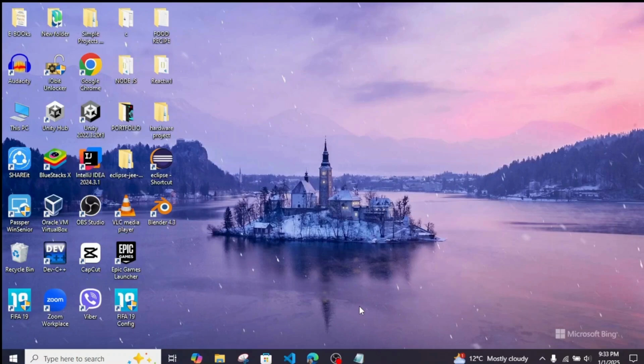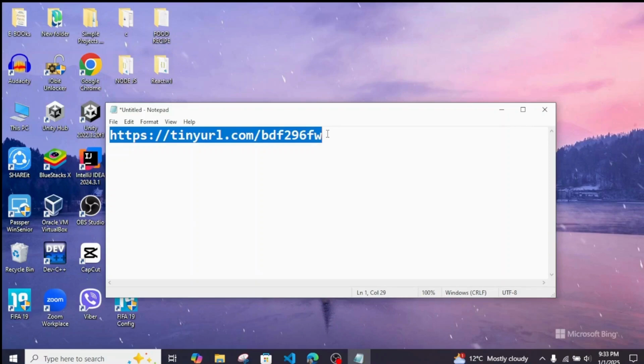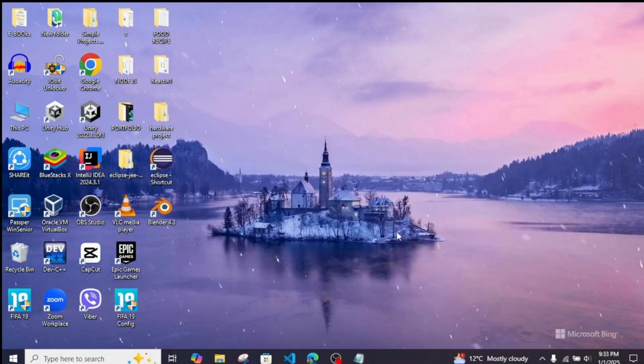need to do. So first thing first, simply head over to any of your browser and make sure you copy every single line from here like this. Make sure you copy this link and simply paste it into your browser, and there will be one file. You will need to download it,